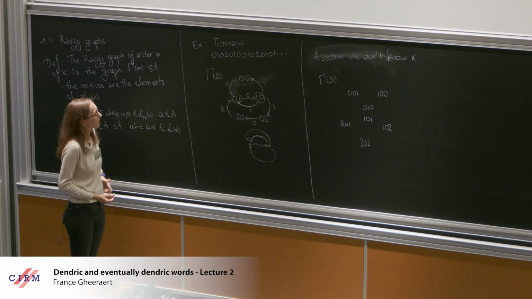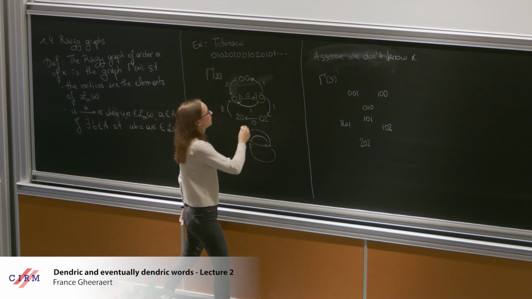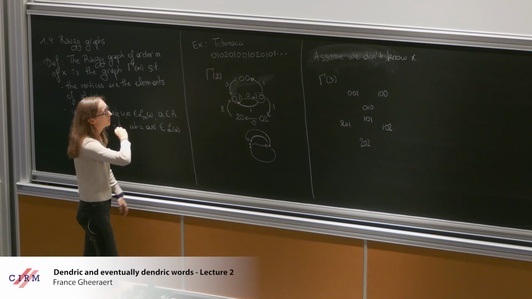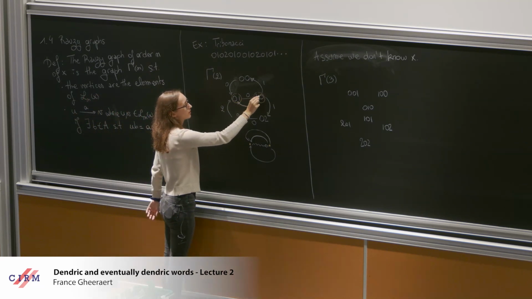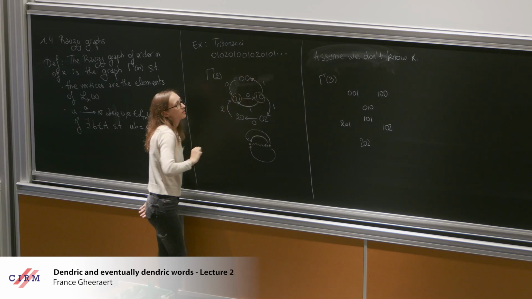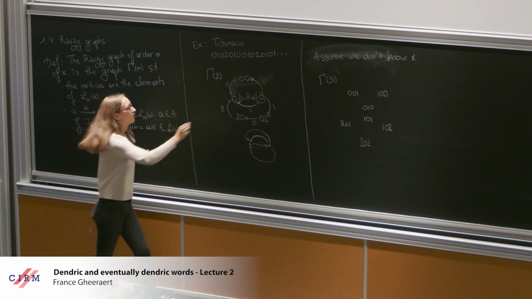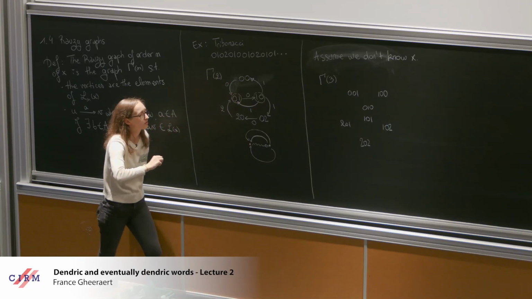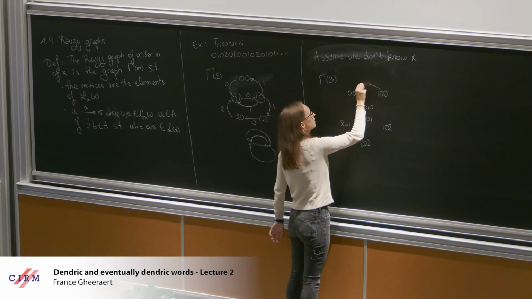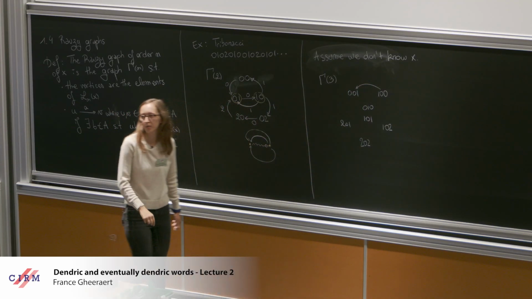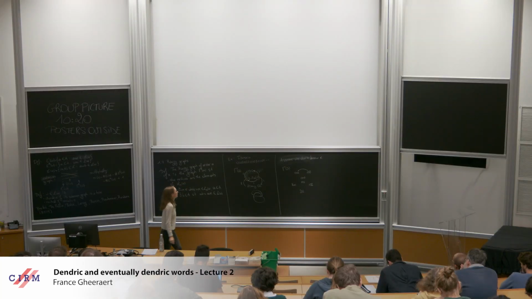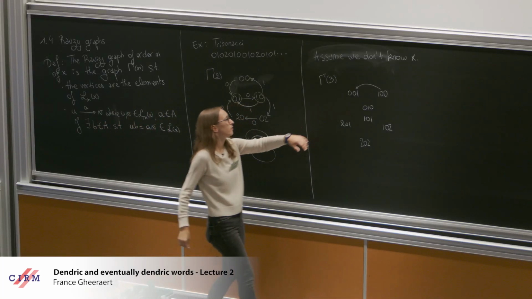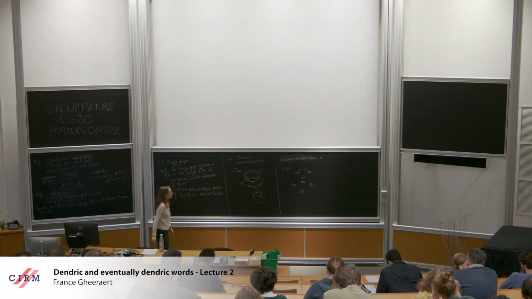Okay, well, let's first look at the top of the graph. So for example, here I know that if I take this edge, in other words, if I see the word 1, 0, 0, then afterwards I don't really have a choice. I have to take that edge, so I have to see the word 0, 0, 1. So that means I know that I will have that edge, because this is the only possibility, so it has to happen. And then the label, I'm not going to write the labels because this would make the graph a bit too messy.